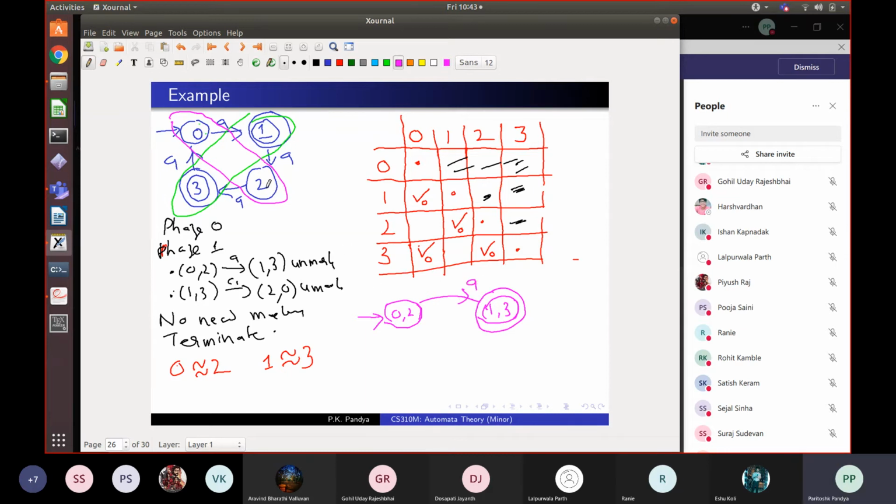Okay, similarly 2 on an A will go to 3. You will find that once you have drawn an arrow, you pick up any other element, it will take you to the same partition. We proved this. 1 on an A goes to 2. So from the partition of 1, I will go to partition of 2. And this is the smaller automaton that I have constructed using Hopcroft's algorithm. So is this clear?